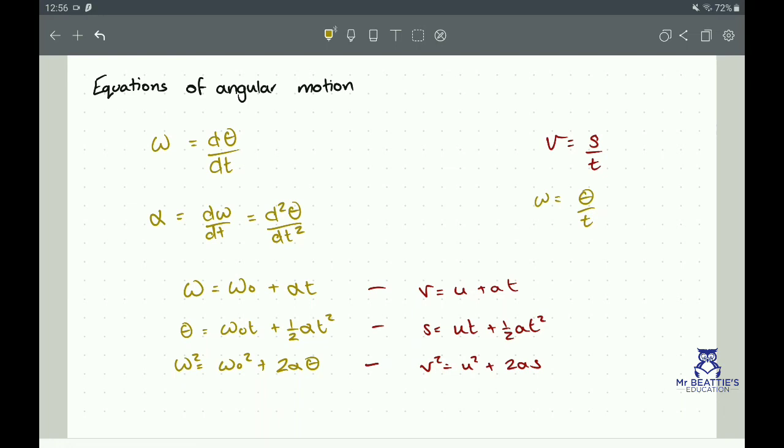The next few videos that I'm going to be doing are focusing on solving problems using these equations. So hopefully this has been a good introduction to the angular motion equations, and a brief look at where they've come from. I hope you